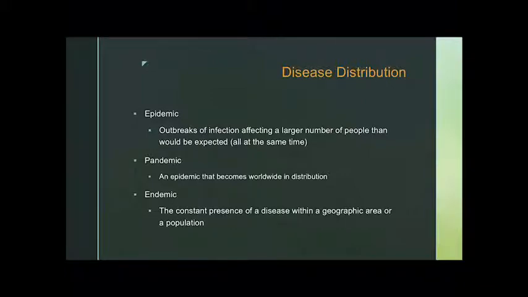When we talk about a pandemic, we're talking about something like an epidemic, but that has gone worldwide in distribution. A few years back, we had the H1N1 scare around the world, and that's an example of something that went pandemic, went global. And then an endemic is something that tends to be a major problem in a given geographical area or in a certain population. An example would be malaria, which is endemic to Africa. So we know that if we're going to travel there, we need to take anti-malarial pills before we go and have preventive measures in place, because malaria has a constant presence in Africa.